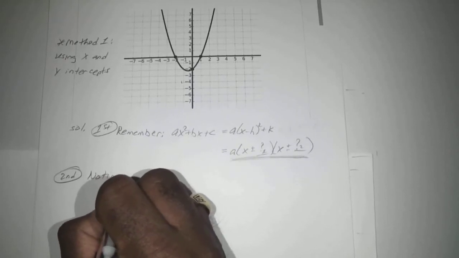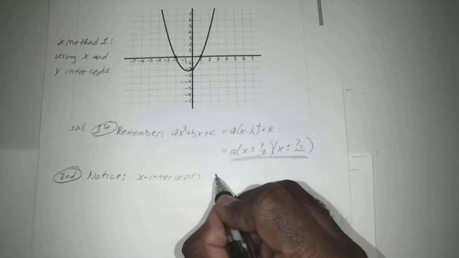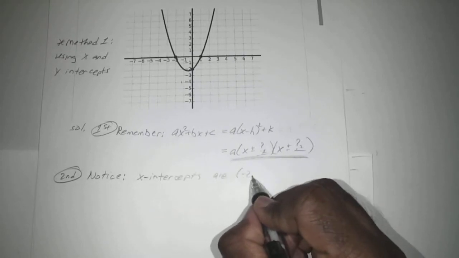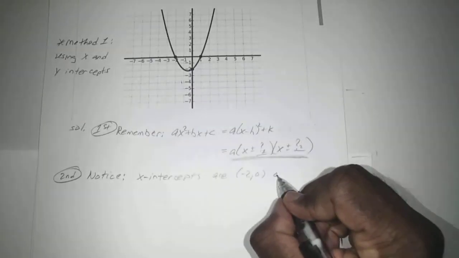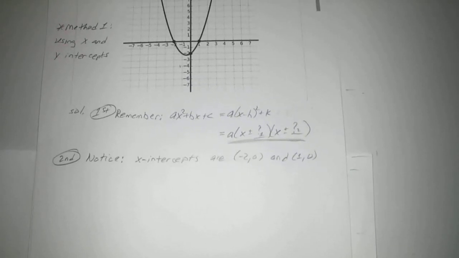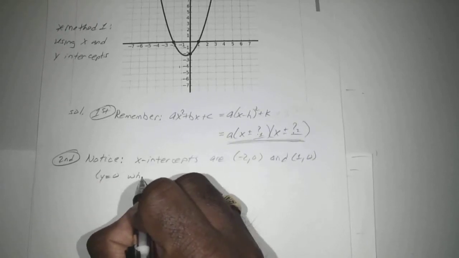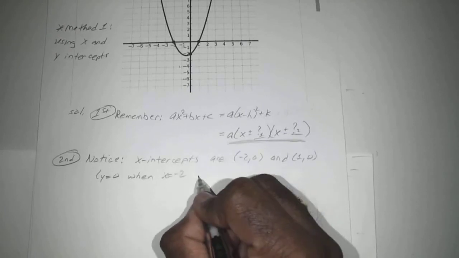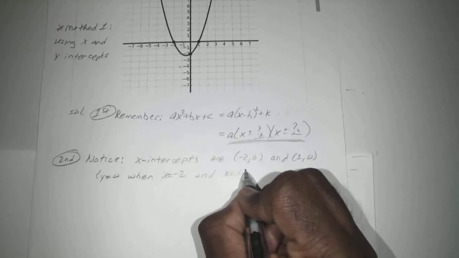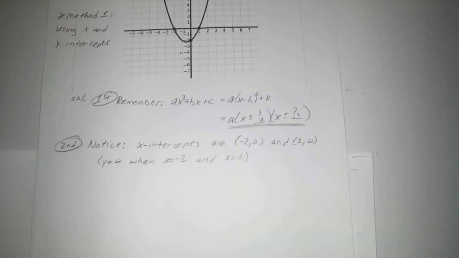So if you notice, your x-intercepts are -2, 0, and 1, 0. So we know just by looking at it that when x is equal to -2 or x is equal to 1, both of those will make y equal 0. So y equals 0 when x equals -2 and x equals 1. Okay. So since we're using that one,